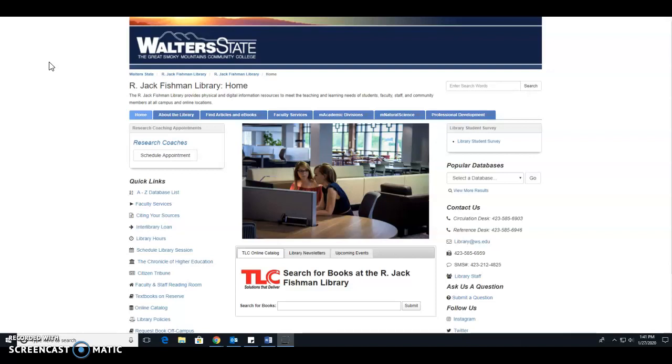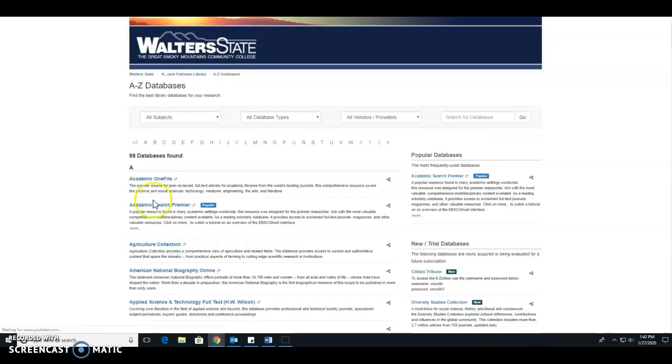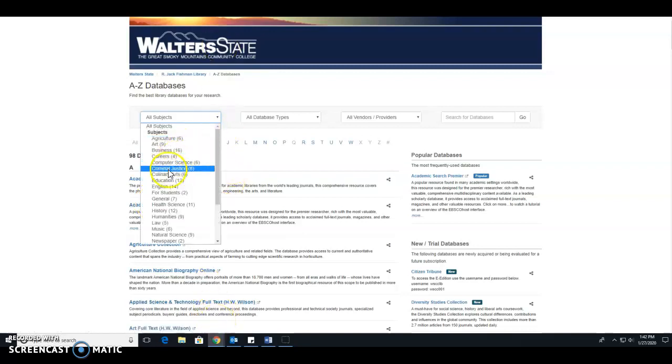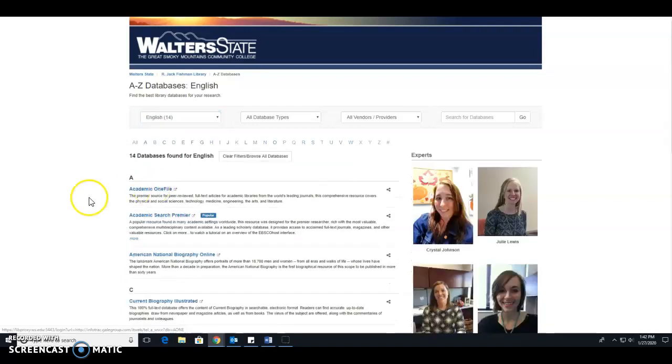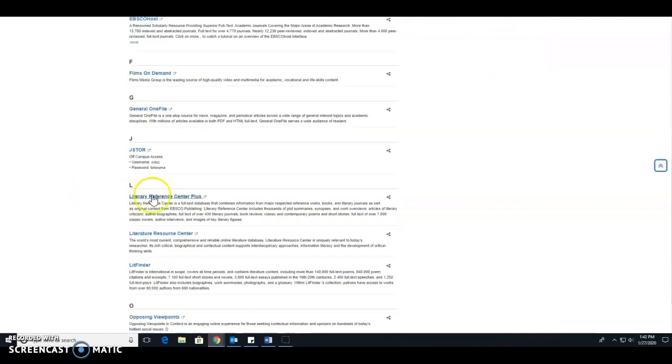So we're going to start off on the library homepage. And you can get there by going to library.ws.edu, or you can click on the Walter State homepage. There's a library link on the top right. So what we're going to do is go into the databases by clicking on the A to Z database list. And we're going to narrow all these down to just the English databases. So you've probably seen this done before. So I'm going to click on English, and then we're going to go into the J's, and there's just one J,